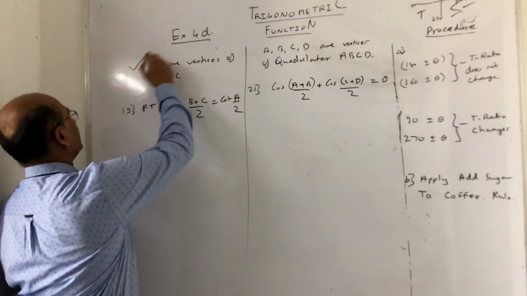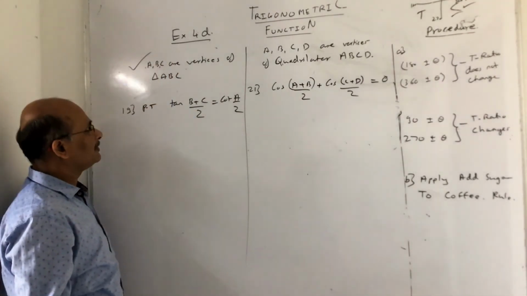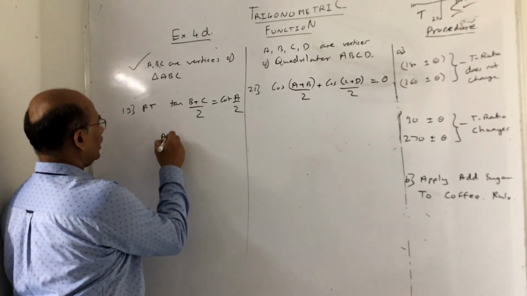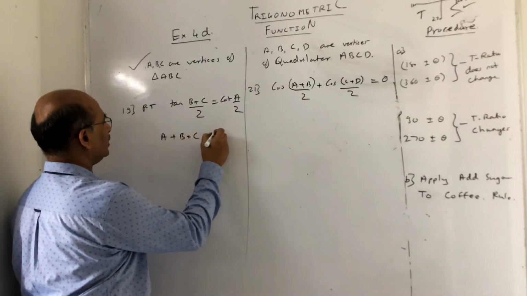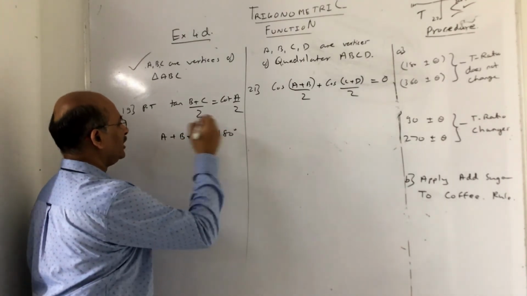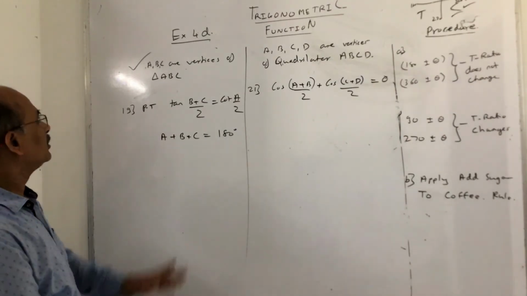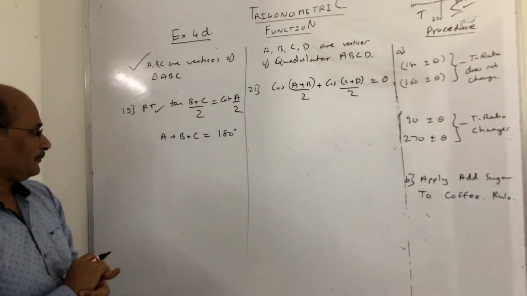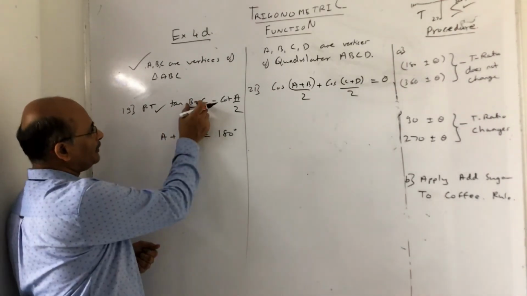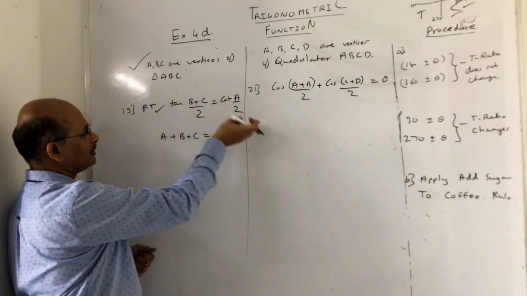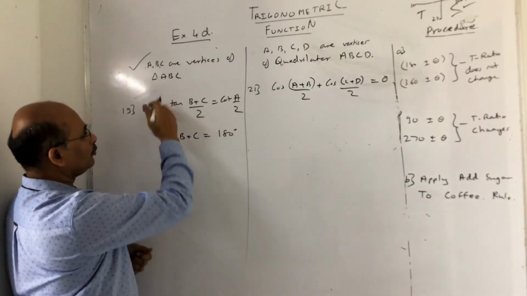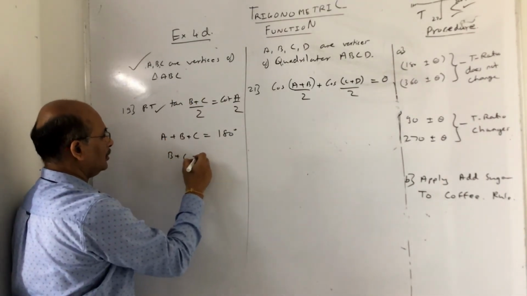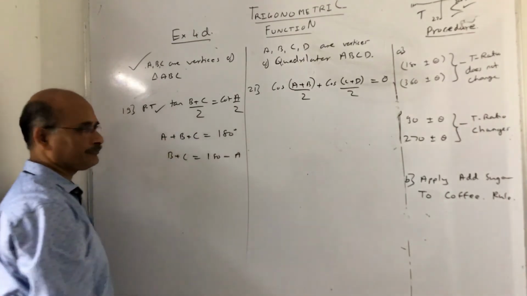Now let us focus on what is given. ABC are the vertices of triangle ABC. So I can say that angle A plus angle B plus angle C is nothing but 180 degrees. The sum of the angles of a triangle is 180. So this is already given to you. From here, you have to derive this. So first thing, what do I derive? Now B plus C I can keep as it is and shift A this side, because on the left hand side I want B plus C. You have to derive this, you can't just have tan. So B plus C is equal to 180 minus A.